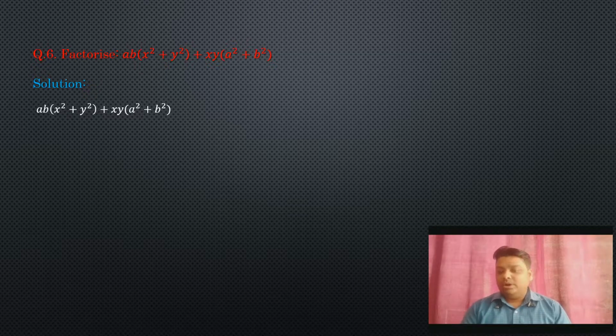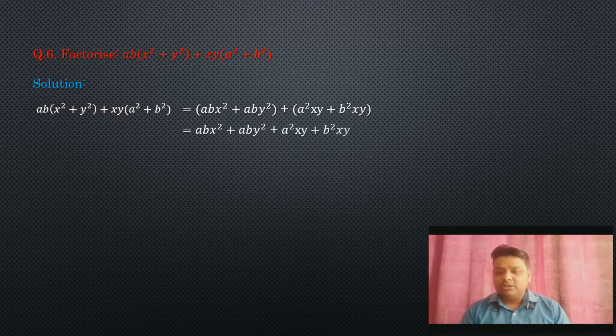Okay, now we will open the bracket. In between here you can see there is a plus sign, so again no sign will change. Same we will write, but if you take common now, there are four terms: first term, second term, third term and fourth term. If again you take common in these two terms and in these two terms, you will get the same result, that is your question. So like this we cannot solve. In this case we will interchange. What interchange? Again we will interchange these two terms.